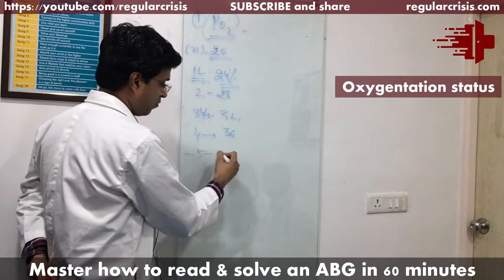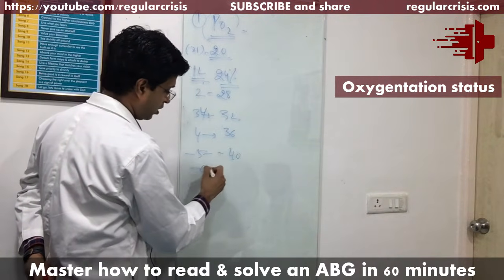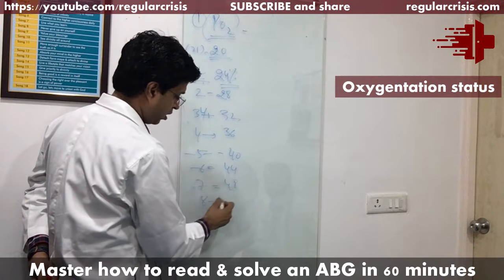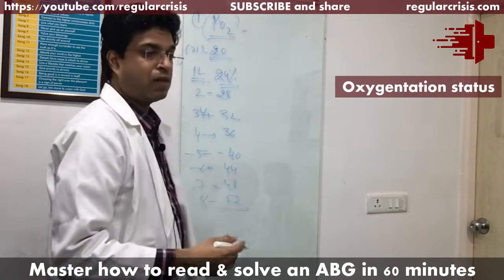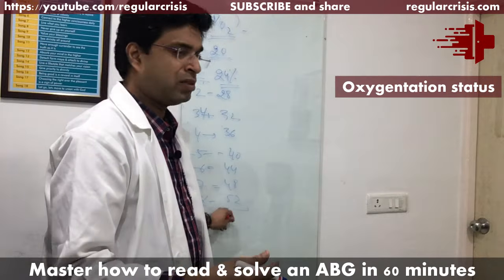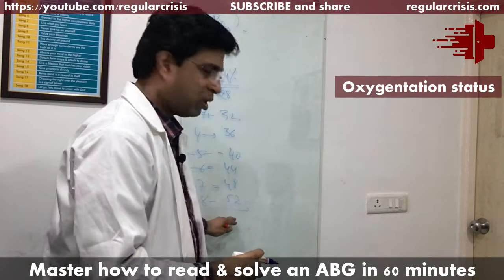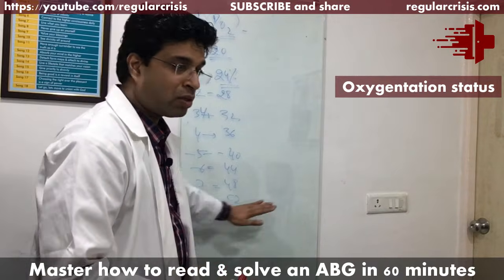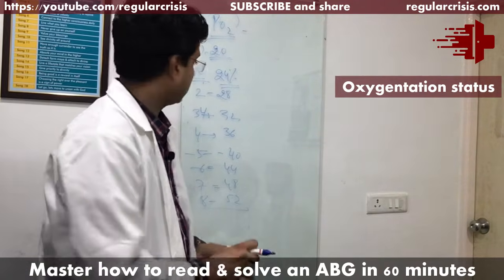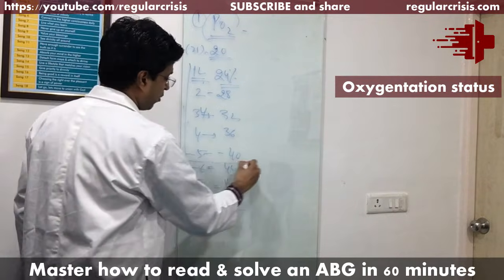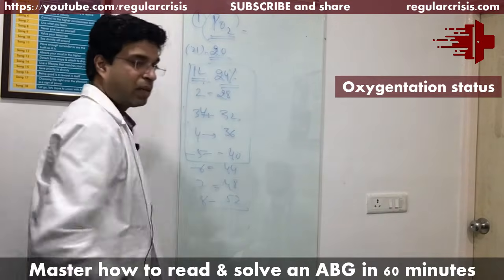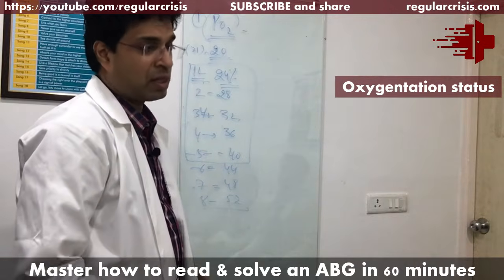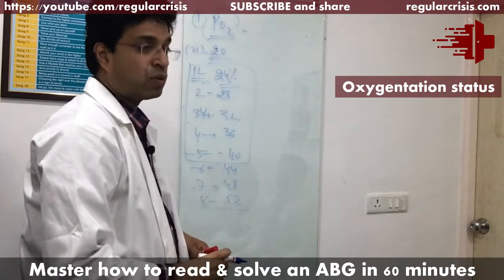If 5, 40; 6, 44; 7, 48; 8 liters, 52. Above 8, if you increase to 9, 10, it's disproportionate. You may not be able to increase the FiO2 much. That's why at a certain point you need to ventilate the patient. Up to 5 or 6 liters you can give oxygen by nasal cannula. Above 6, you need to use a face mask. Otherwise, it can damage the nasal mucosa.